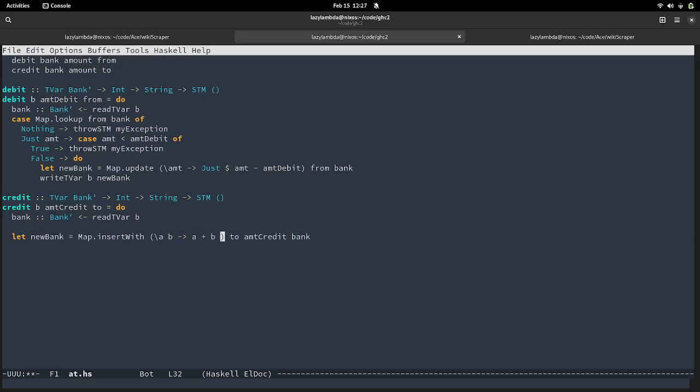We are literally just going to put A plus B. So I believe this is the old value and this is the new value, and we're just going to add those two together. And that will give us our new balance for that individual user. And we now have our new bank value. And so now that we've done that, we're just going to say writeTVar B new bank.